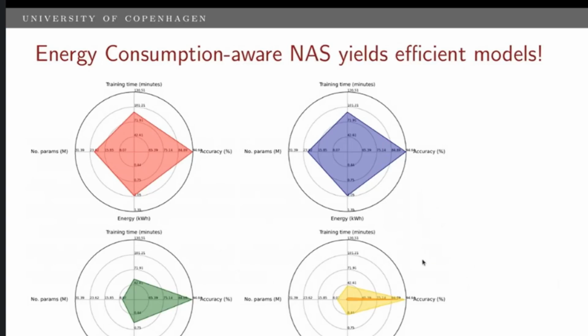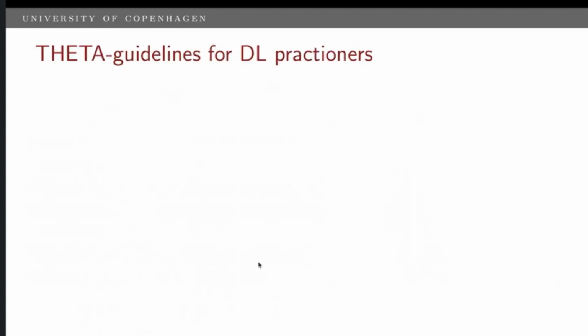So this is just to show that if you did not care about the energy consumption, this is the model that you would get. Whereas if you try to optimize for energy consumption, you can immediately reduce the training time on this axis, the number of parameters on this axis, and then energy consumption on the other one, without any degradation in performance. Because it's Pareto optimization, you can explore different trade-offs and get other candidate models. If you wanted to go back to the original single-objective solution, that is one of the solutions that you would get.